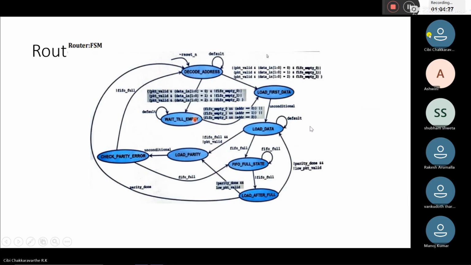Okay. See, in FSM, you need not be confused. Once again, our packet is invalid, that is, our packet valid is deasserted and our FIFO is not full. We are going to load the parity. And after loading the parity, we are going to check. And then after checking, we are going to send it to the decode address, or in case in that place,